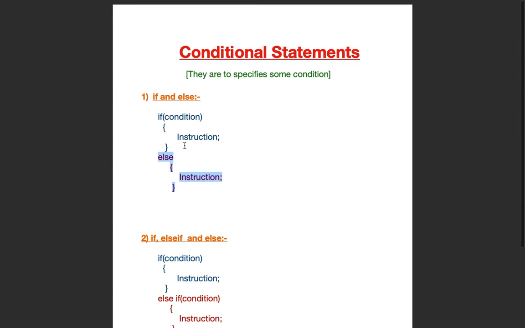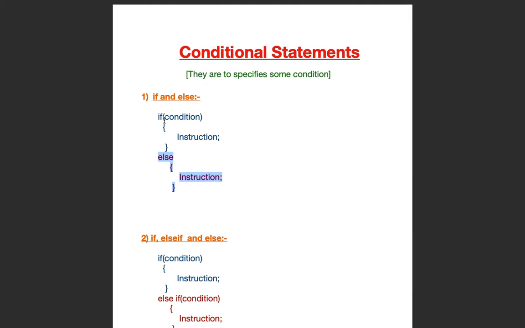In the if statement, ignore the else part. Only if, and you specify your condition and write the instruction which is followed when this condition is satisfied. For example, if it rains, meaning the condition is if it is raining, then I move outside. So if it rains, you are going to move outside, else not.